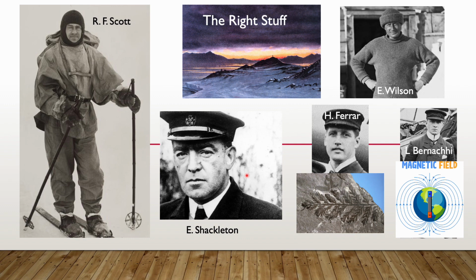And as a footnote, the Endurance, his ship, was recently found in Antarctica on the 5th of March 2022 at a depth of 3 kilometers in the Weddell Sea, which is the opposite side of the Antarctic continent from Discovery